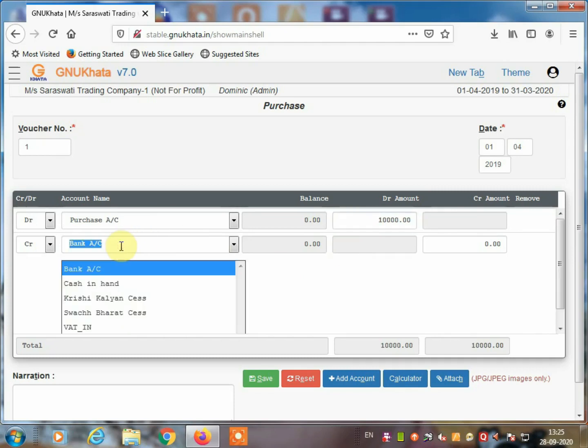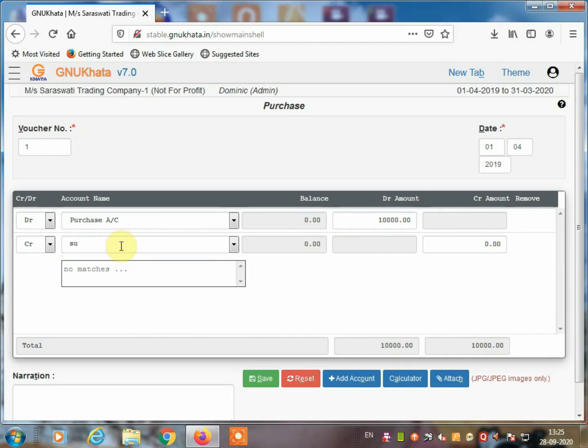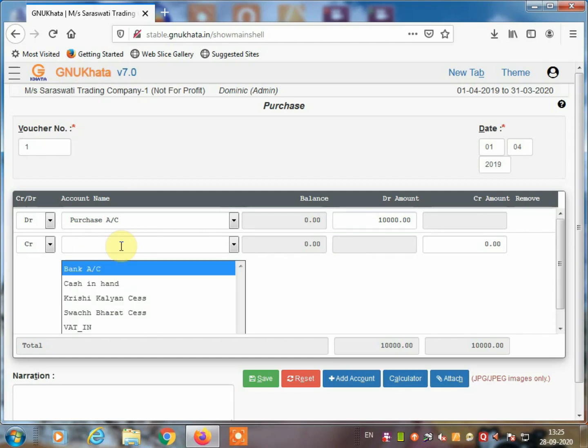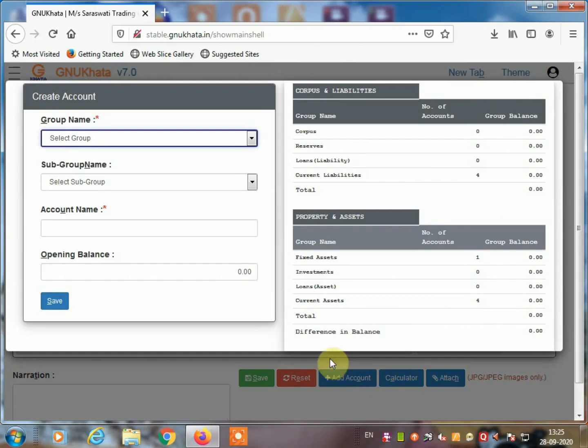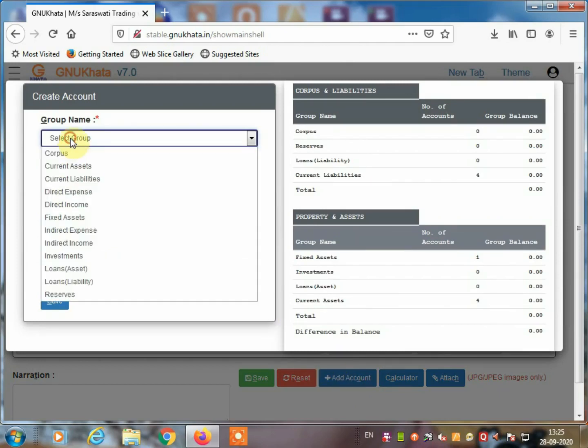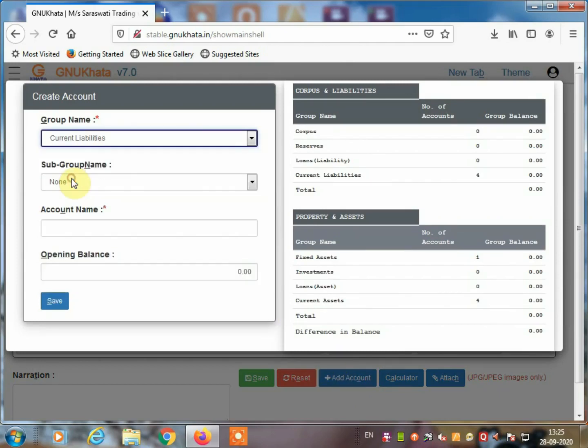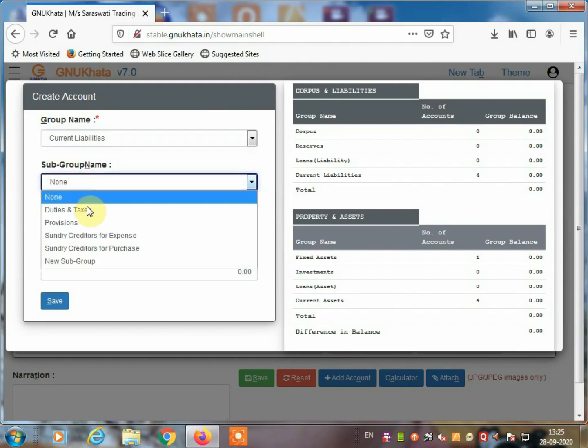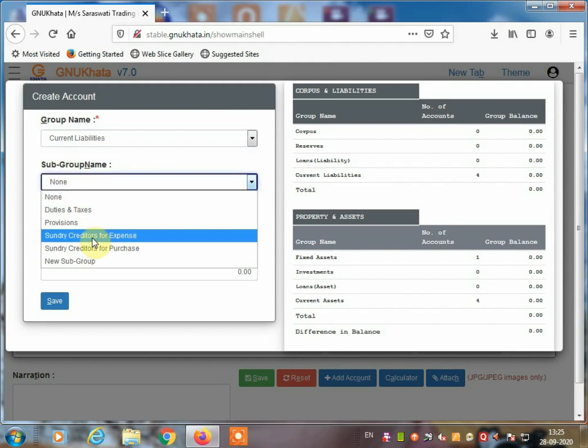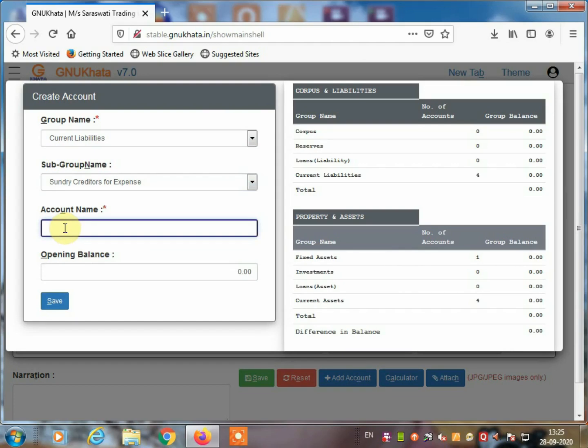and credit Sumit. Here we have not created a Sumit account, so we can create it by clicking on add account. Select the group current liability, and the subgroup we select is sundry creditor, because Sumit is a sundry creditor. Account name: Sumit Steel Works.